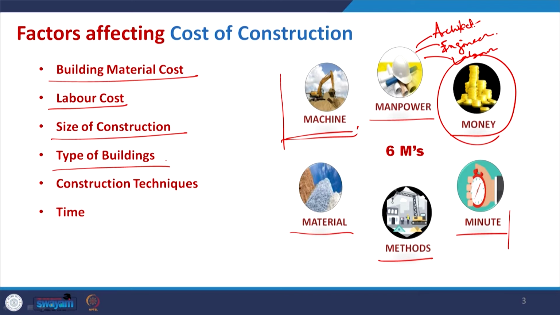The type of building is another factor that influences the cost of construction. Whether we go with a very simple form of structure, like housing with a very rectangular shape, the building typology is something else. But if we plan to do something like an auditorium or a big convention hall with a dome, then definitely the considerations will also change.